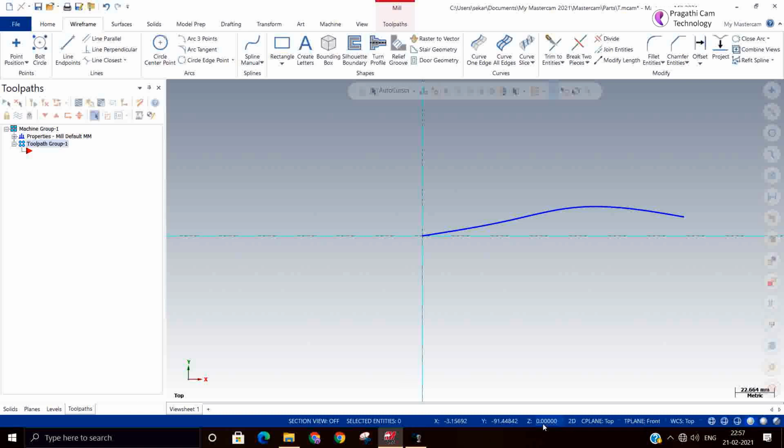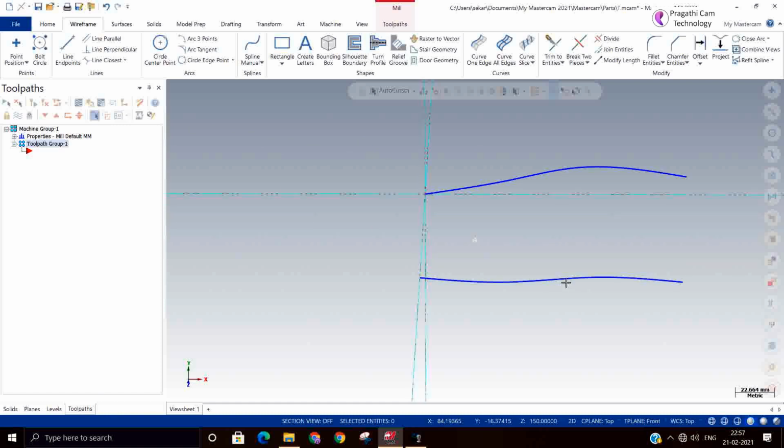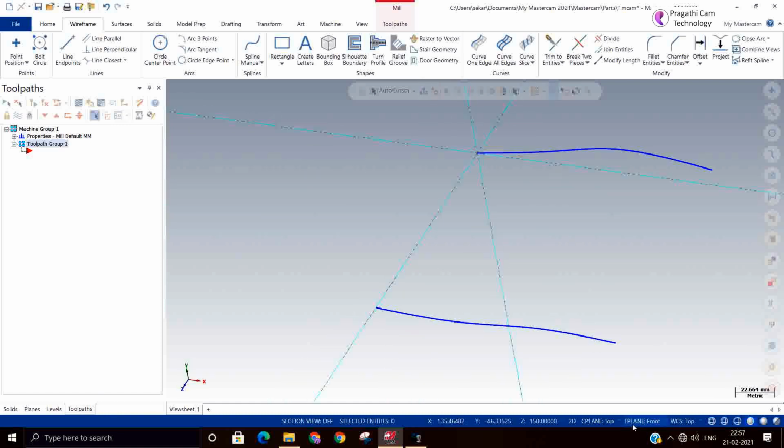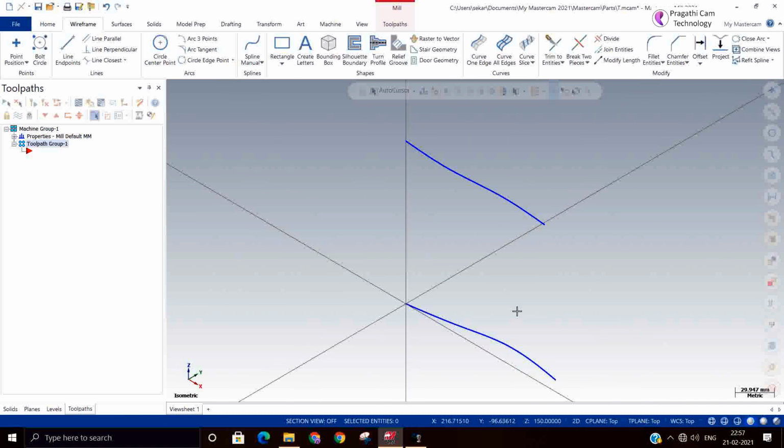Approximately I have made it. If you have a profile, you can give exact dimensions and make it. I just move in the Z. Again, I'll make one more curve. So I change my Z depth. So don't make any negative draft here. So you keep all the surfaces always positive only.